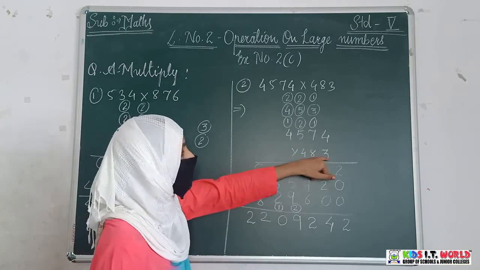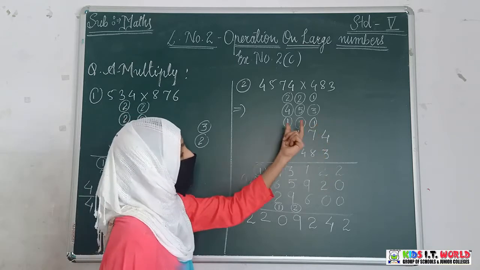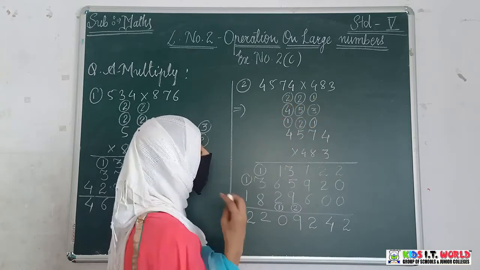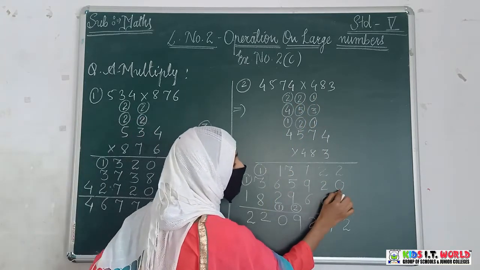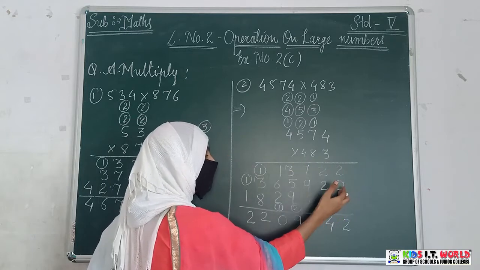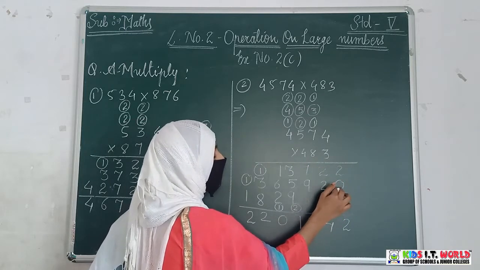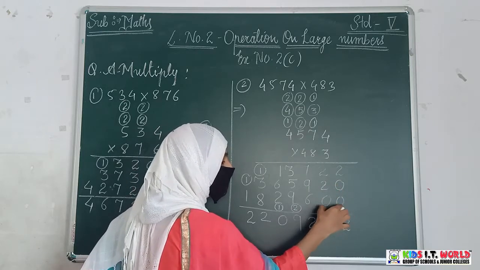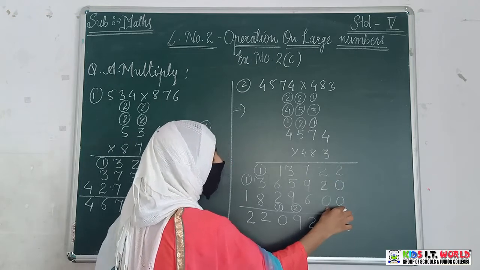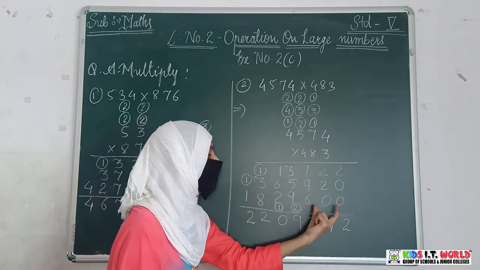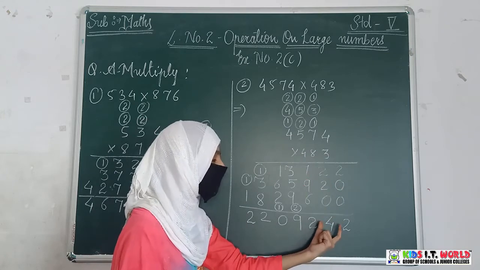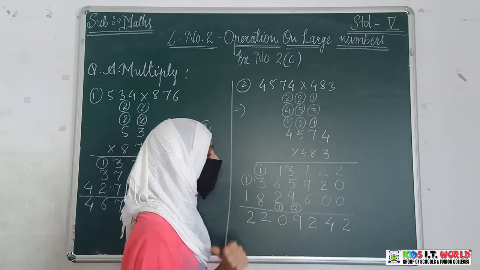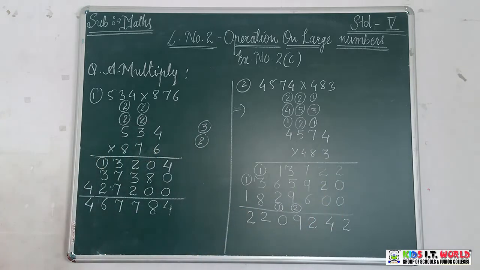See, the carriers for the first step are here, carriers for the second step here, and carriers for the third step here. Whenever your steps are increasing, you have to put the 0, or you may put the multiplication sign or addition sign, both. But according to your book, you have to put the 0 here. In the third step, 0 will increase again by 1. So here 2 zeros. Then if the multiplier is the 4, your step will increase and 0 will also increase by 1, so here will be 3 zeros. For the 3, you have to put the 2 zeros only. So in this way, you have to solve the multiplication.